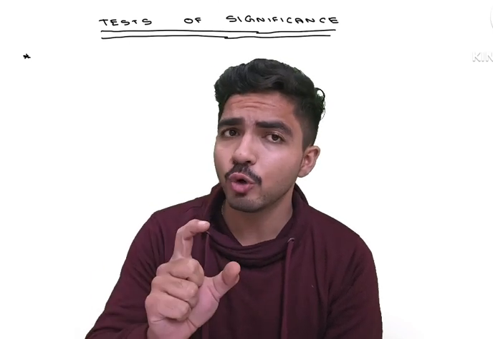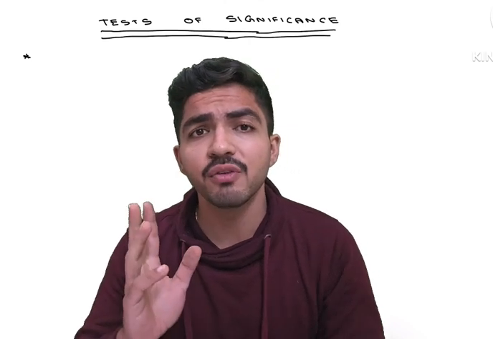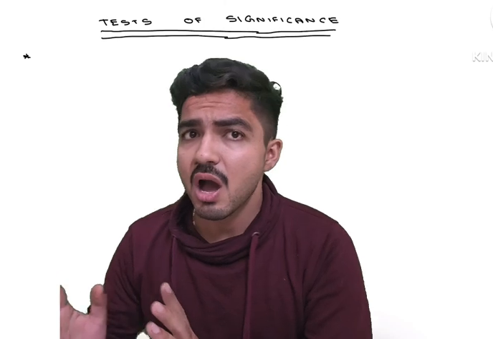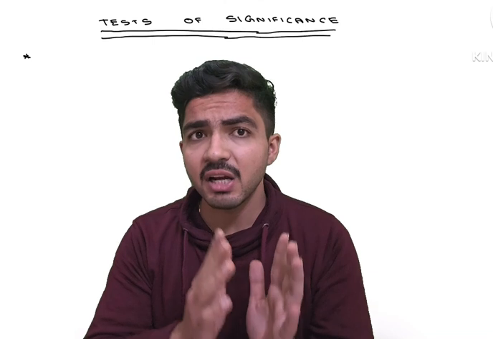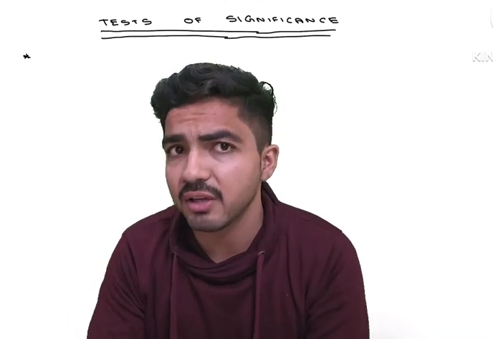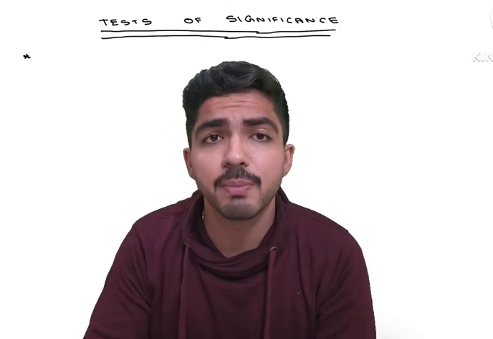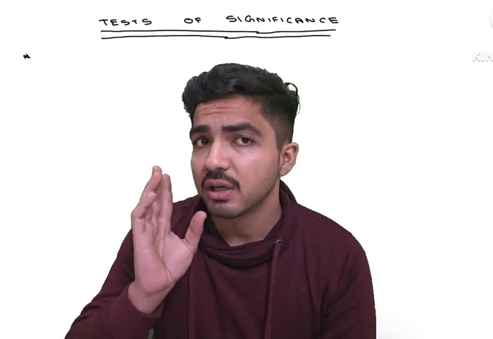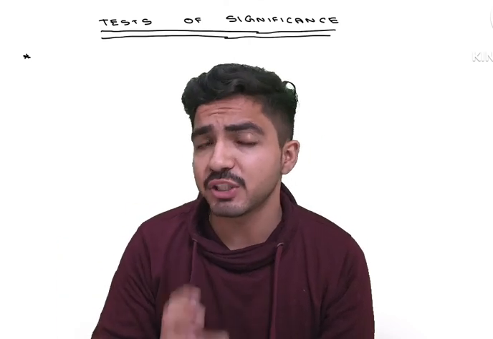In that lecture, I took an example of diabetic patients coming to the diabetic OPD of AIIMS Rishikesh. I made two groups. In one group, I gave an anti-diabetic drug X, and in another group, I gave anti-diabetic drug Y. After giving drug X and drug Y, I checked the random blood sugar level of the patients and compared drug X and drug Y. By comparing the random blood sugar, I decided which drug is better based on the random blood sugar achieved after giving that specific drug.